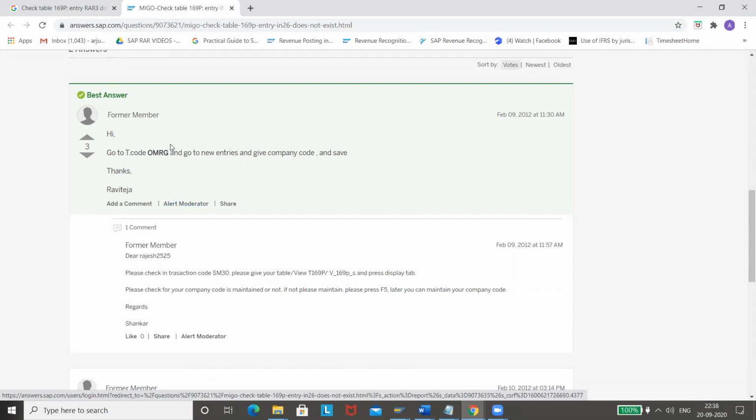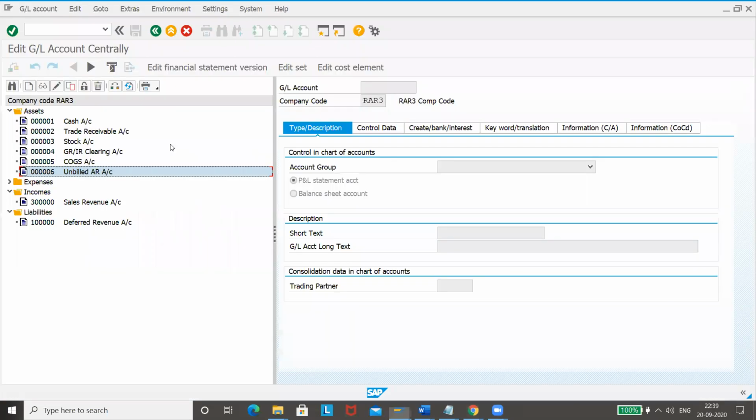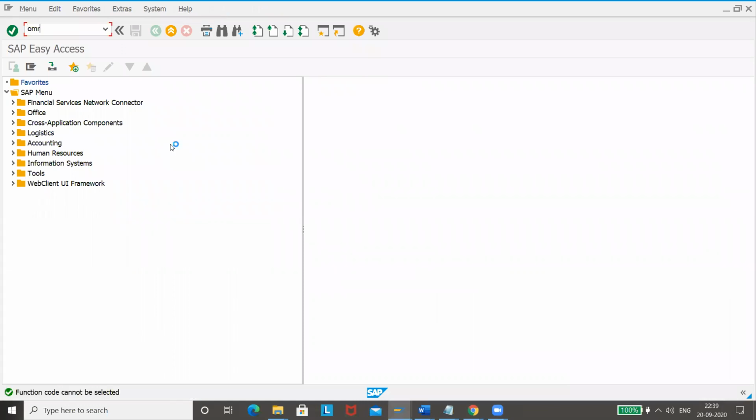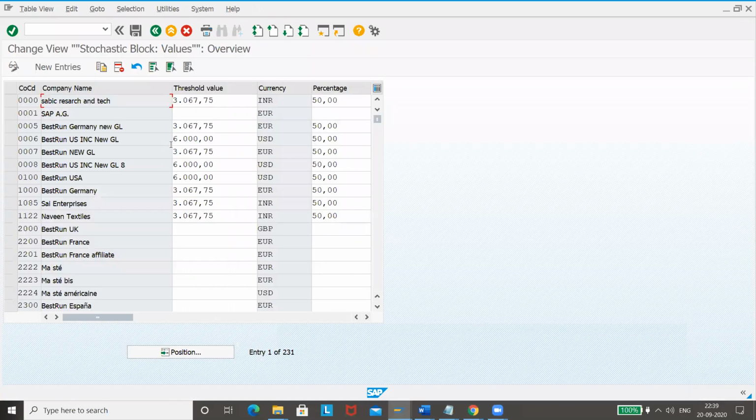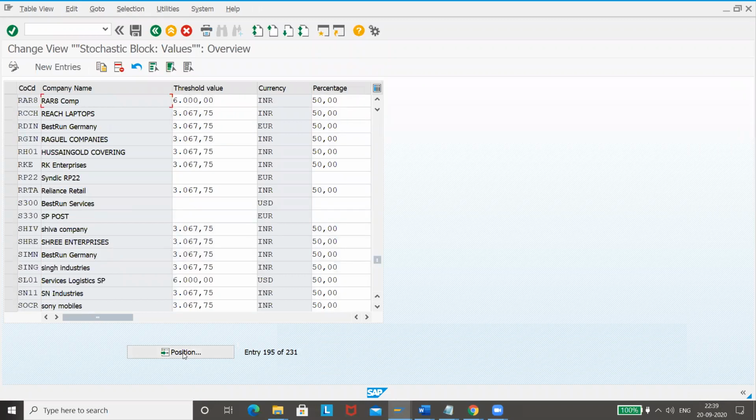So we are merging. Let us go there and see. Yeah, we haven't maintained anything, so it is giving this error. Let us maintain this one.